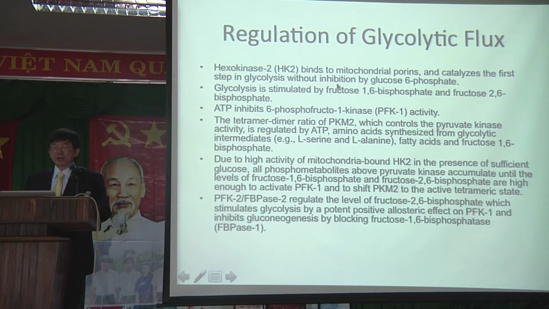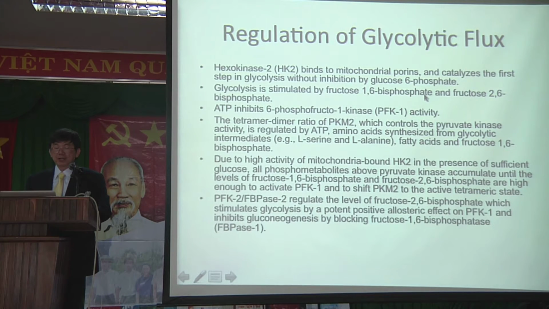Hexokinase 2 binds to the mitochondrial porins and catalyzes the first step in glycolysis. This is a strategic location, away from the metabolite glucose 6-phosphate, and therefore it minimizes